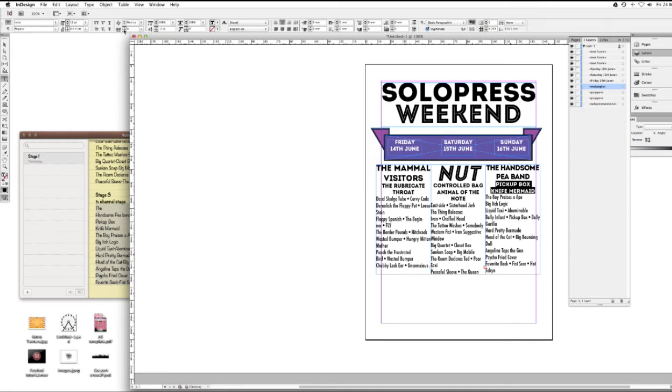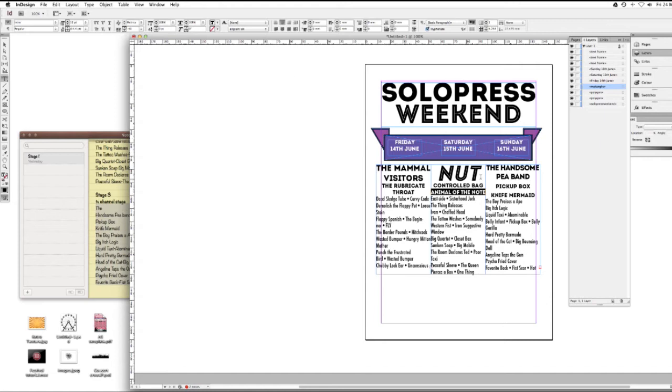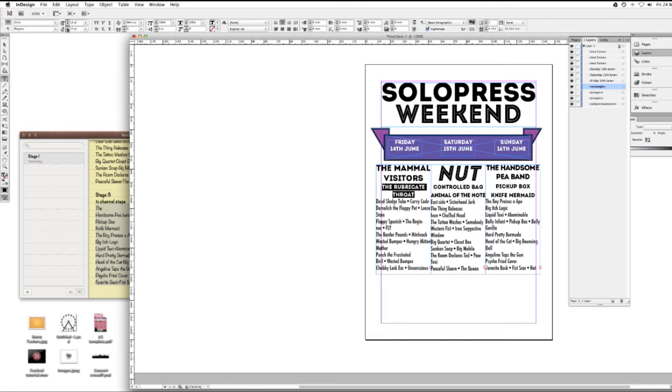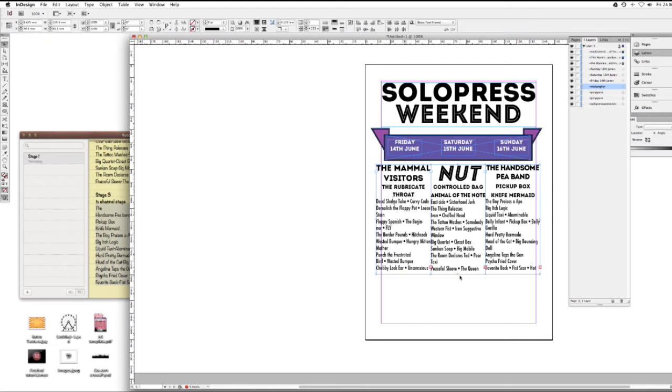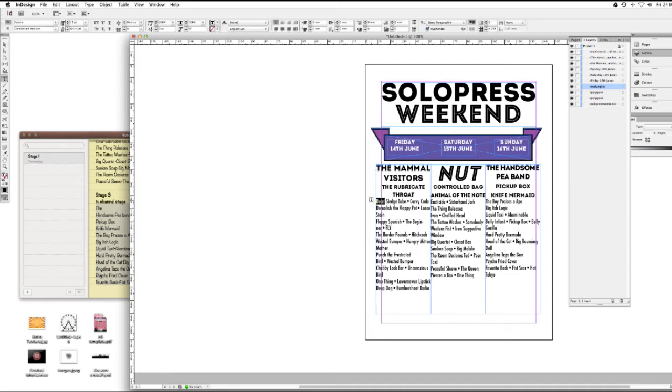Okay, now it's just all this. All I'm doing here is just going around playing with the font and seeing what looks best really. Just going to adjust the lining. I don't want to leave any major big gaps. I just want to have them nice and tight, as a lot of festival posters seem to cram in all the different artists. So that's the kind of look I'm going for. Just going to go ahead and make this text a bit smaller. I'm just going to make all the headers separate from the smaller text.